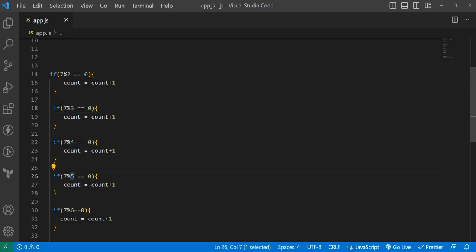So observe carefully. Let I, that means the initial value, is 2, and what is the maximum value? We need to check. The maximum value is N minus 1. So whether we are incrementing or decrementing from 2 to 3, 3 to 4, 4 to 5, 5 to 6, it is incrementing. So that means we can write